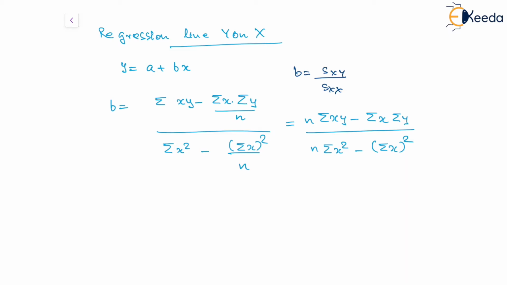Also, the value of a can be given by the expression y mean minus b times of x mean, and y mean is the value which we have already found here. So these are the two formulas which will be required to get the value of the regression line of y on x. Similarly, coming to the second one, that is regression line of x on y,